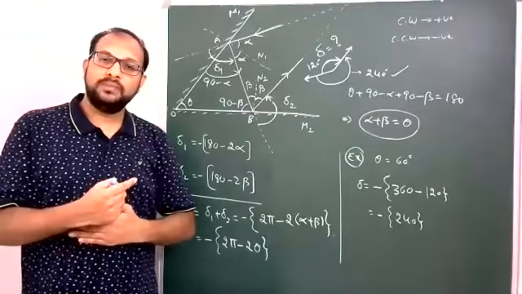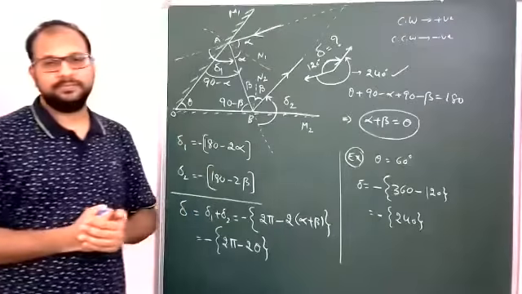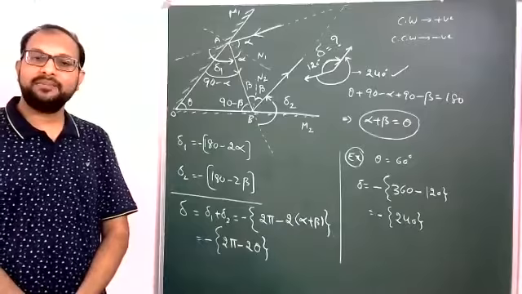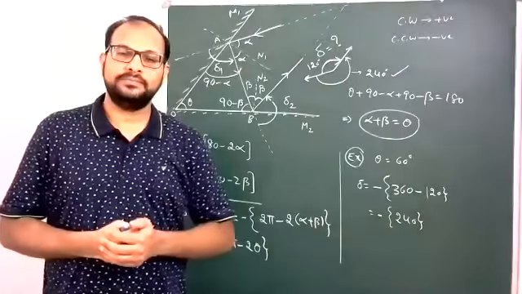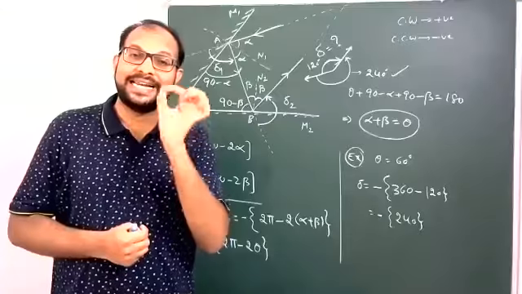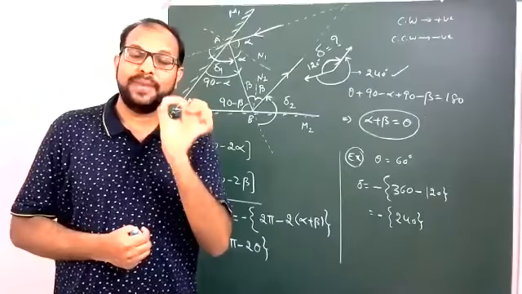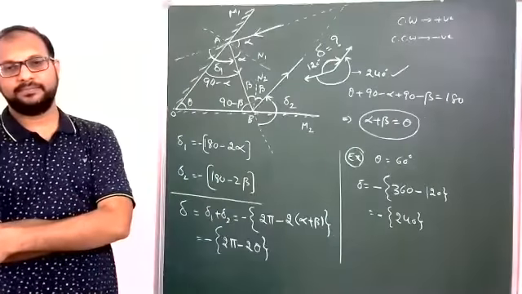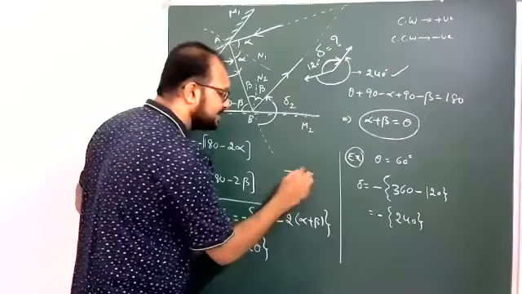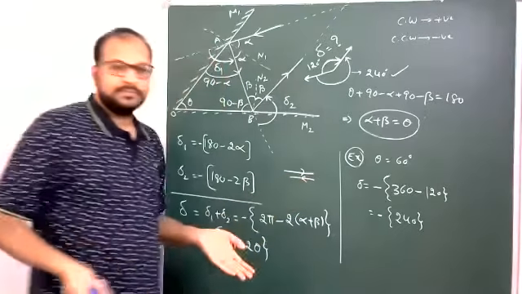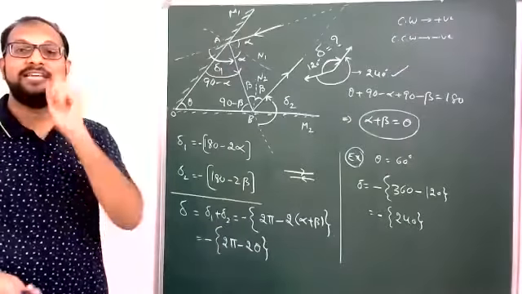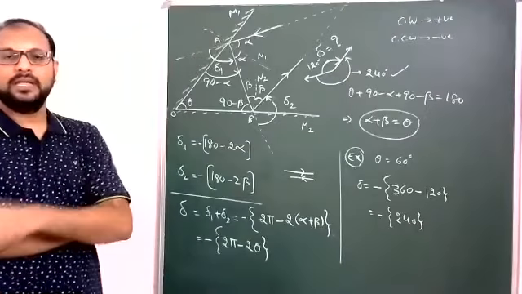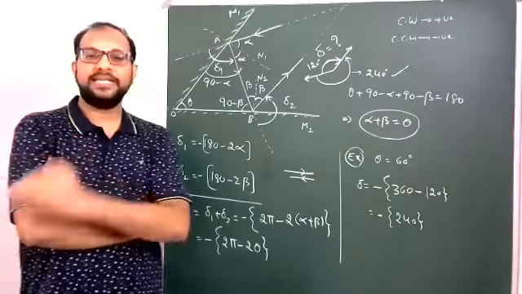Next, one more point: after a particular reflection, the light ray retraces the path. Retracing means the same original path. When the light ray retraces, the deviation is 180 degrees. Suppose the light ray goes like this and again comes back. That is known as a 180 degrees deviation. Wherever 180 degrees deviation is there, that is known as retracing. That is all; in the next class I will explain.